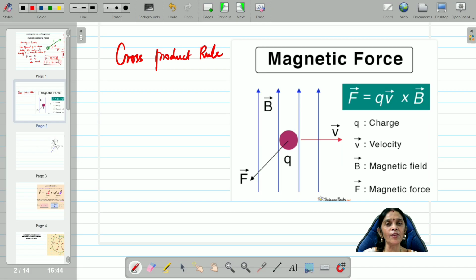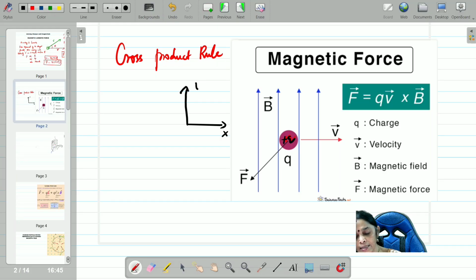Last year in class 11 we learned this, children. The same thing we are going to use. It's very simple. If you listen very carefully one time, definitely you will master that particular concept. You see here, children, the velocity of the positively charged particle. This is a plus q charged particle. So this velocity of the positively charged particle, which direction is it acting? X-axis. How do you know it is the x-axis? See here, it is the x-axis. This is the y-axis.